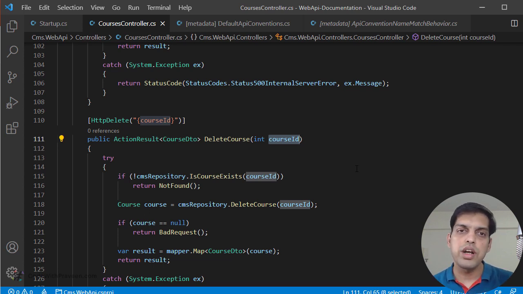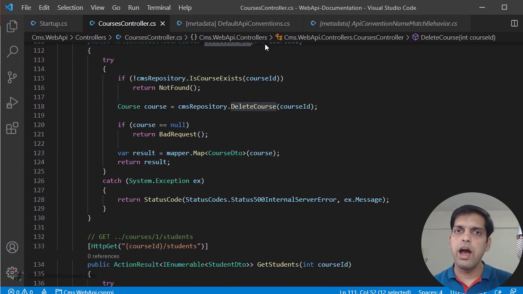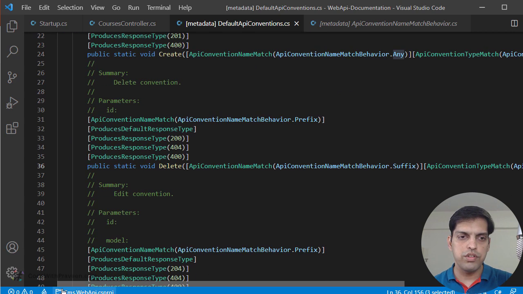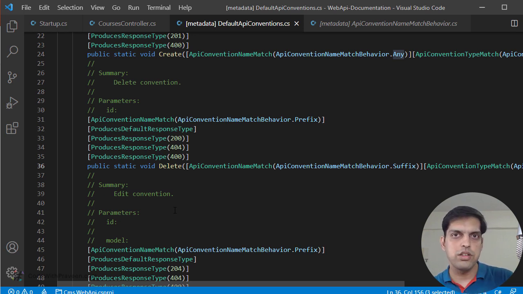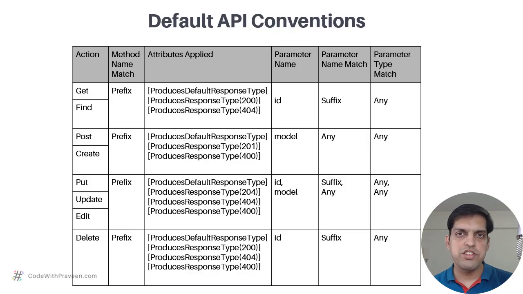In a similar fashion, .NET is going to take each of these methods that is defined in your controller class and match with one of these methods available here. If it matches, then it's going to apply those conventions. If it doesn't find a match, then it's not going to apply those conventions. Hence, you have to be careful when you are doing the naming convention for your methods. To help you understand the usage of these naming conventions, the type and the type conventions, I have created this table so that it is easier for you to refer to when you are going to create these action methods.